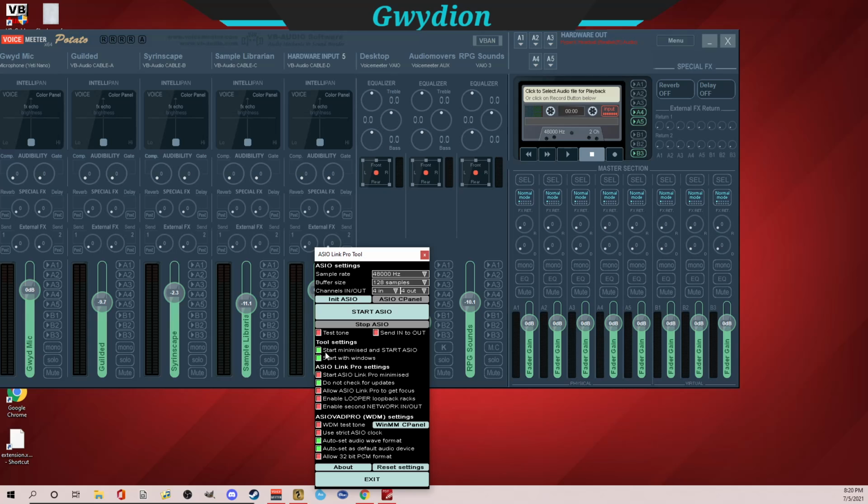I do select Start Minimize and Start ASIO because I want this on all the time. So it'll be red. You can click it green, and I want it to start with my Windows. I don't check for updates because this is not going to be patched. This is not actively updated at all anymore, but it seems to be running just fine for me. And auto set audio waveformat, I think that just automatically sets the rates. So if you think about the kilohertz and the bit rate,